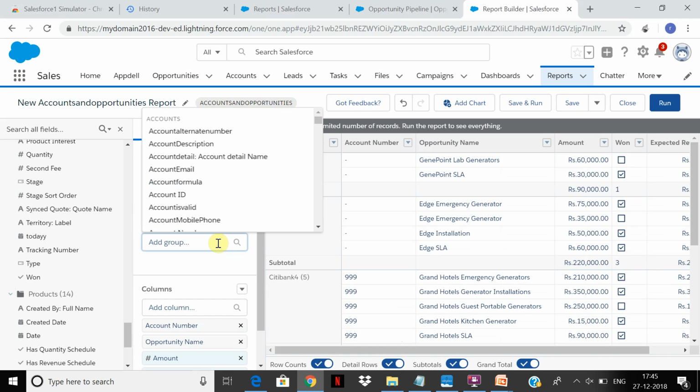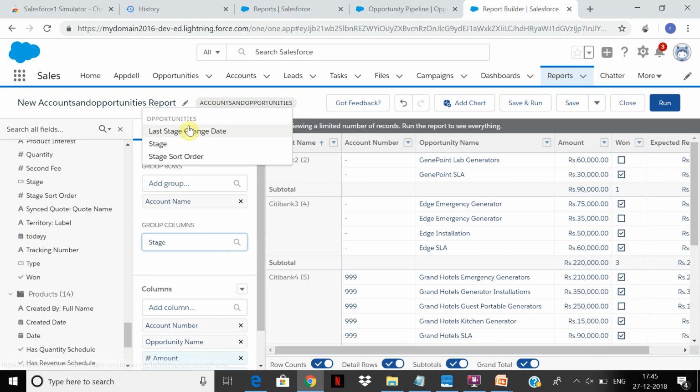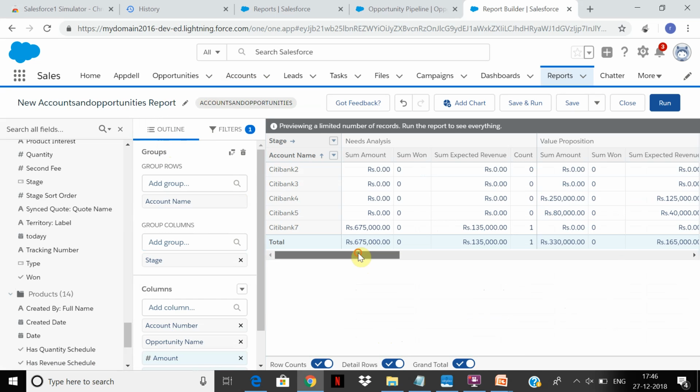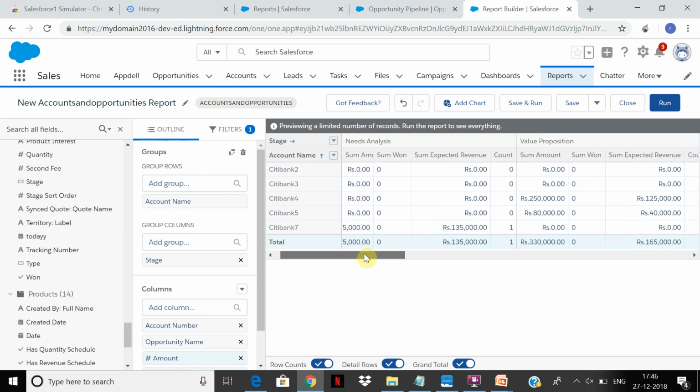And I'm going to add the column stage. Yeah, so come back over here and see, it automatically sums up at the needs analysis level.